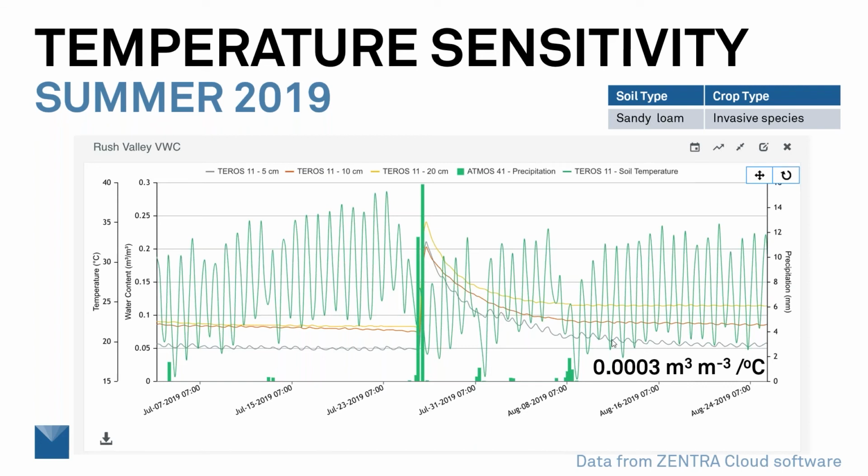As you look at it, you see it going up and down. It was something I really did expect. And when we do the numbers, it's actually 0.03 of a percent water content per degree C, which isn't much, but it's there, and we need to recognize that it happens. We also need to avoid making any assumption about those data that might relate to actual water movement, because at 5 centimeters, we've got to see temperature change, and it's very likely going to affect our measurement a little bit.